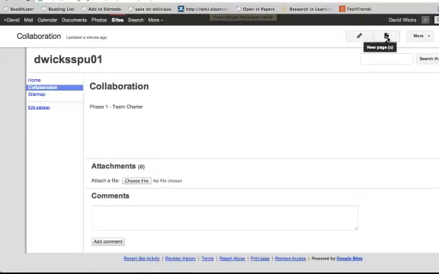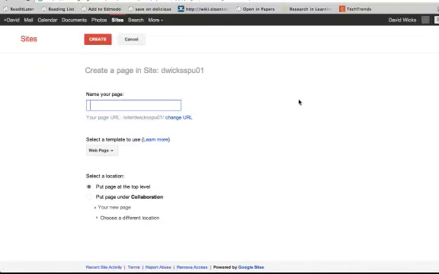If I go back to new page, any pages that I create will be child pages of the collaboration page. Okay, so they'll be under that page. So if I click new page, so I want one for myself. Okay, so I'm just going to put my name in, and I want it to be a web page, and